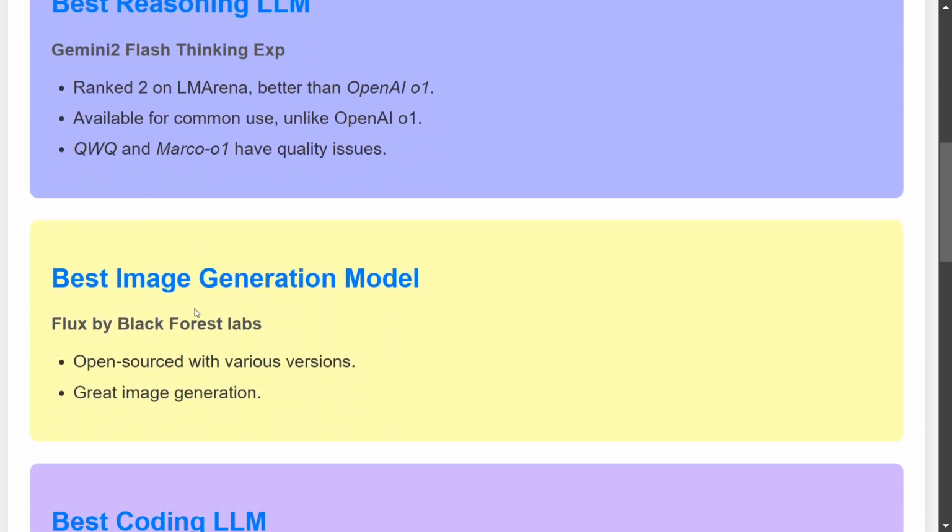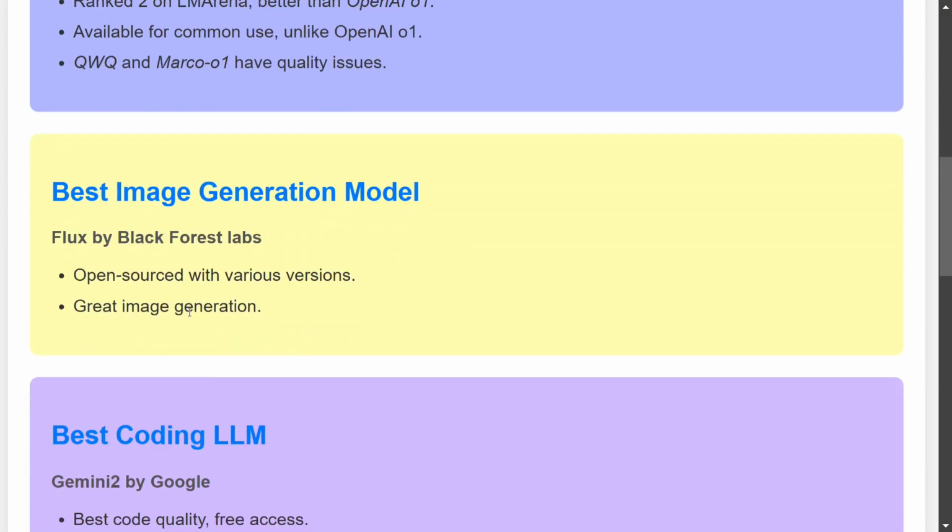Now, the best image generation model, hands down, is Flux. To be honest, I do have some sort of a bias for Flux as well. I have been using it since it was released 6 months ago. It is open source and released in various versions. I can find almost all the fine-tuned models. You can generate sketches, you can generate photorealistic images. All the different versions are available. The model is available in three versions: Schnell, Dev, and Pro 1.1 as well. And it's still very handy to use.